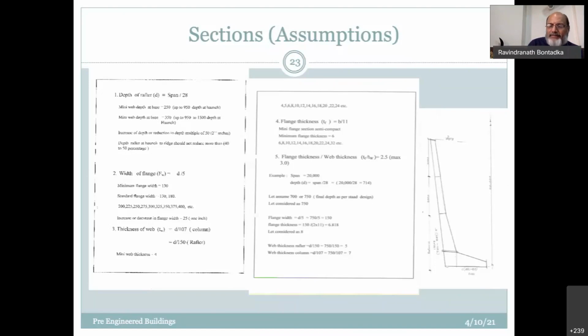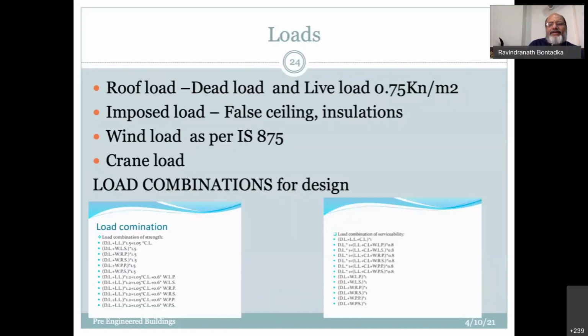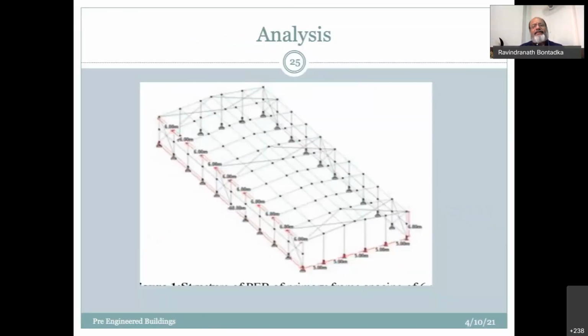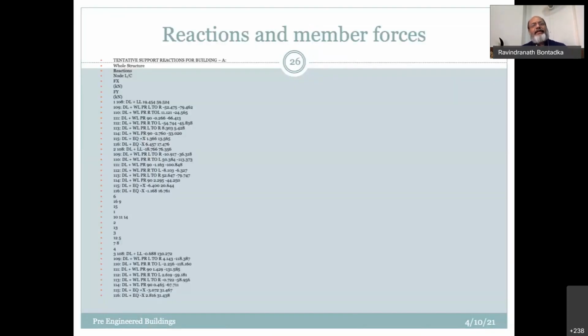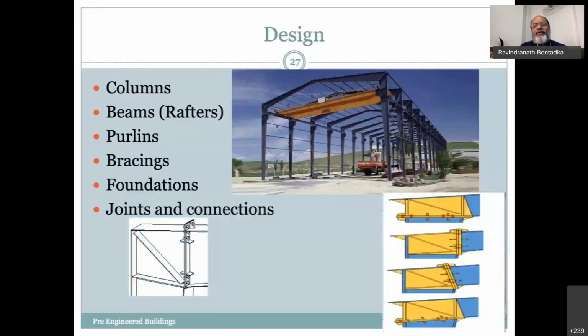With these principally assumed sections, you can go on to the analysis. The roof load, as I said, you take as per the IS, and then you take the imposed loads on all these, wind loads also as per the IS, and crane load, wherever it's coming. Then you have to work out the load combinations for the limit state designs. That's where you will have to frame it out for the analysis. After the framing, you take the reactions. The reactions and member forces are taken from this for the different load combinations. Based on that, you work out